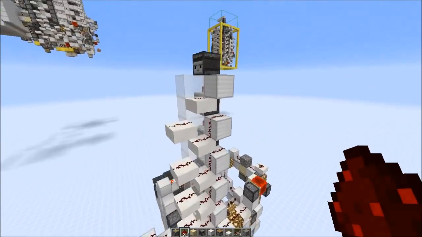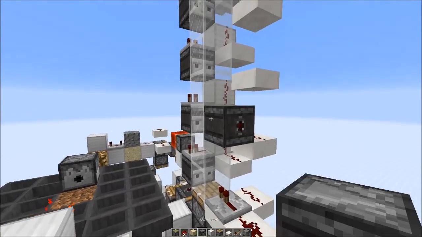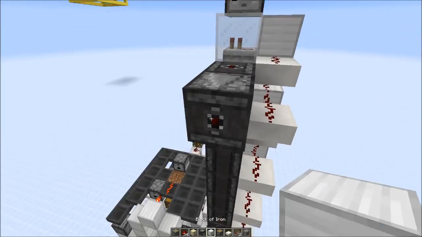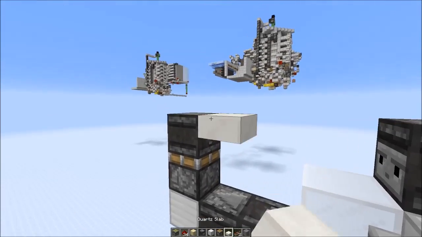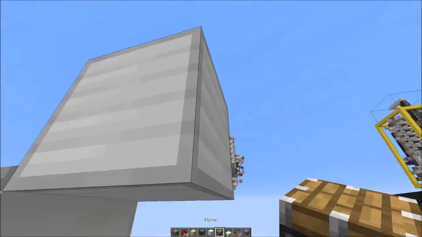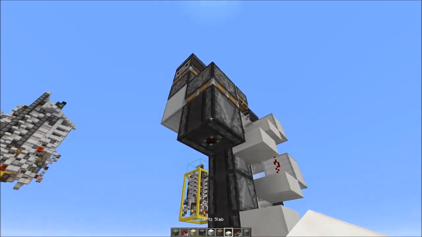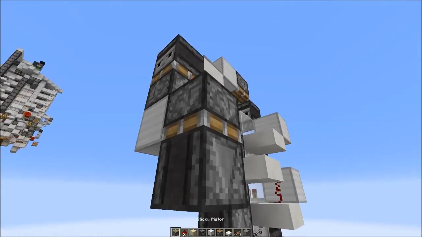Okay, now we also need to send this column of glass blocks back down again. That's why we add an observer here, which detects the movement of the glass blocks. So this height, 6 more observers on top of this one. And another one here, powers this block, sticky piston on top. This observer faces in that direction. Then here we need a slab. And a repeater on top powers this block, which powers this piston that sends the blocks back down again. We also need a sticky piston right here, moves this observer, and here we need a slab with a redstone dust on top, another sticky piston,